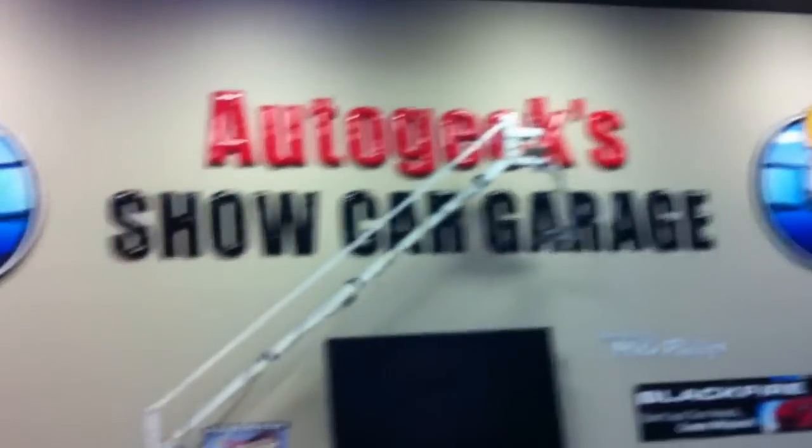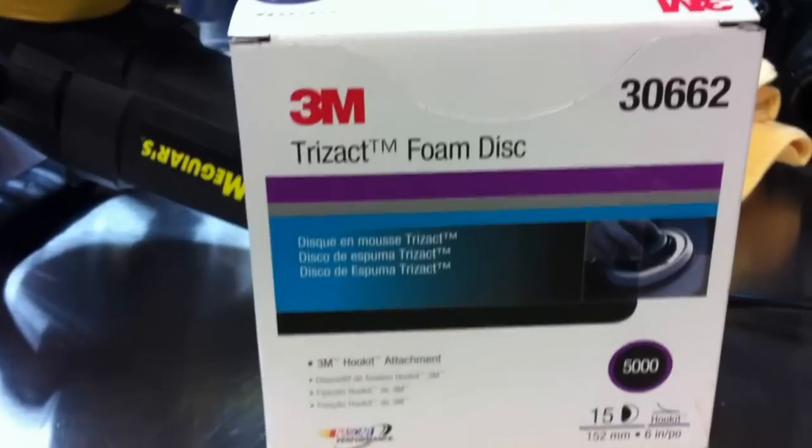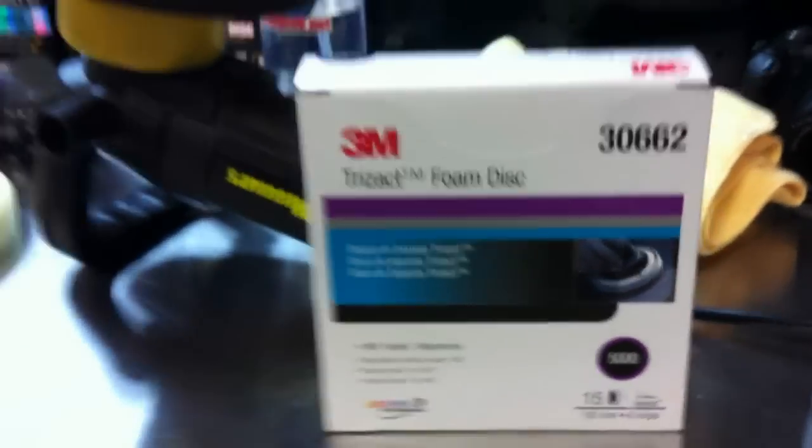Mike Phillips down here at Auto Geek Show Car Garage, and 3M sent me some 5,000 grit foam finishing discs to test out. So down here in the studio I've got a lot of different panels. They're all painted black base coat clear coat system, PPG paints, and this is what I usually use to test